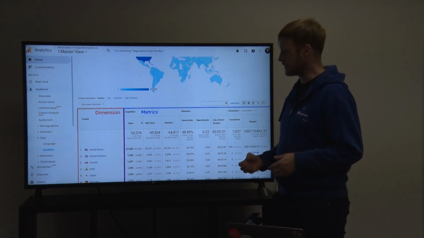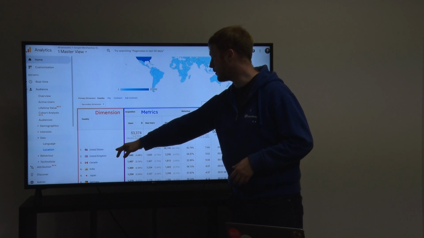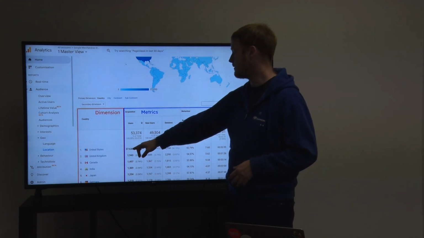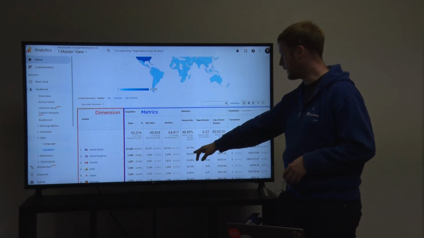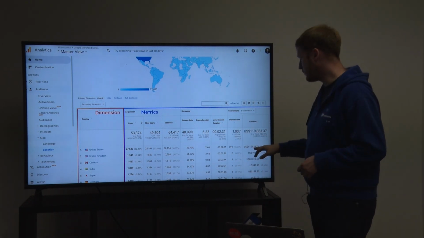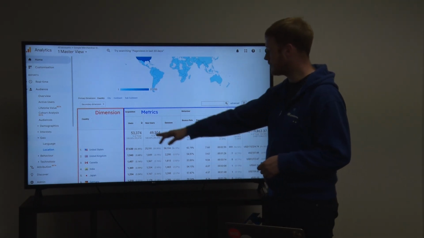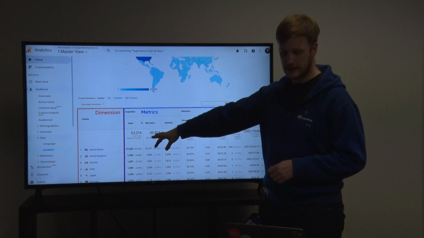Want to look at the metrics on. So if the dimension is country, we can see from US, we got 27,000 users, the bounce rate was 42.79%, and the revenue from US was 115,000. For UK, for Canada, the same way. So the dimensions of the countries,